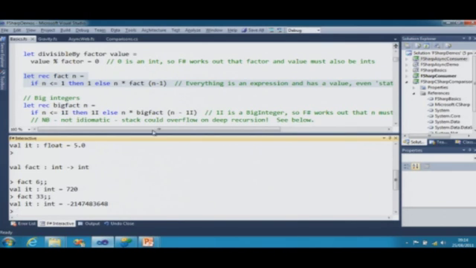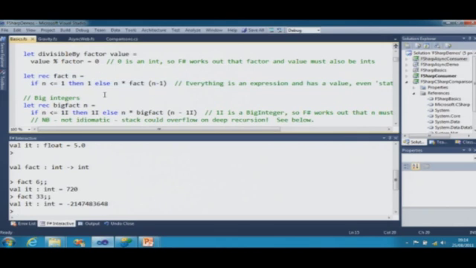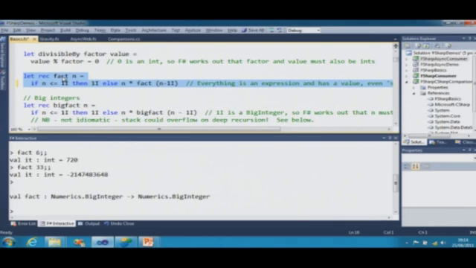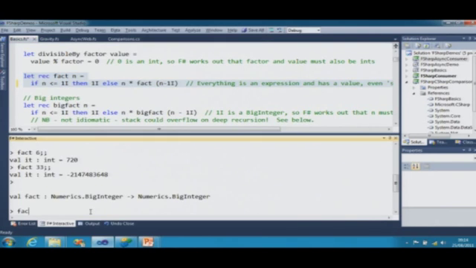So what can we do about this? Well, F# supports the idea of big integers. Big integers are actually part of a numerics library that came in with F# 1.0. It's now been folded into .NET 4. If we put a big I suffix after a 1, it's like putting an L after a number in C# to say this is a long, or an M to say it's a decimal. This says, I want you to treat this as a big integer. And if we look at fact now, you'll see that's been inferred as big integer to big integer, rather than normal int32. So if I run that in interactive,